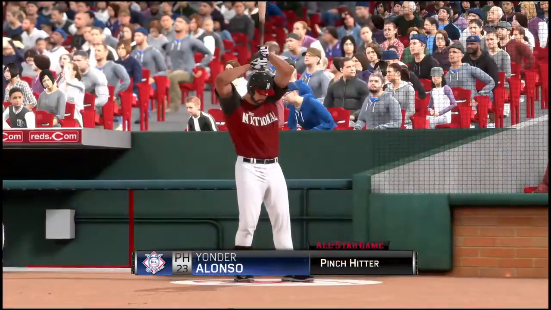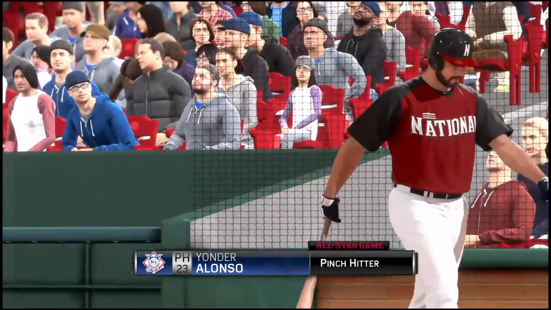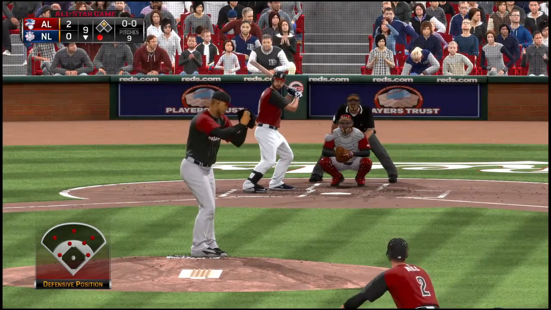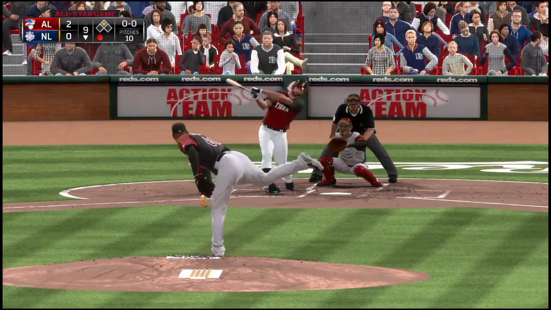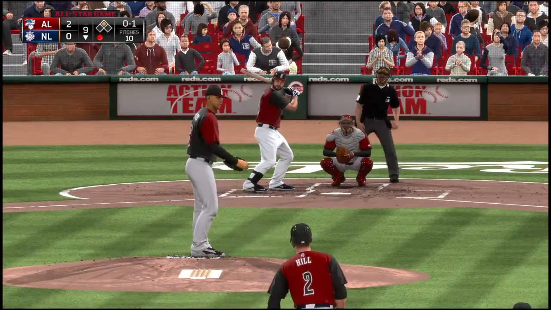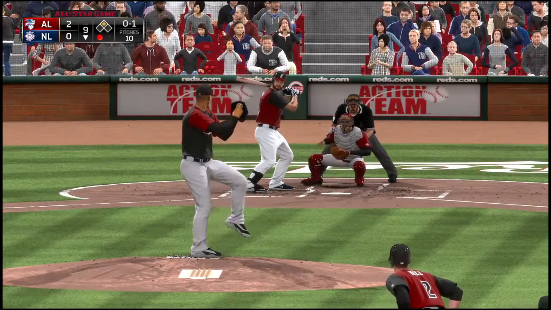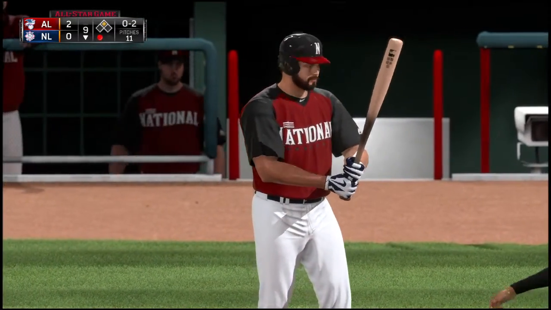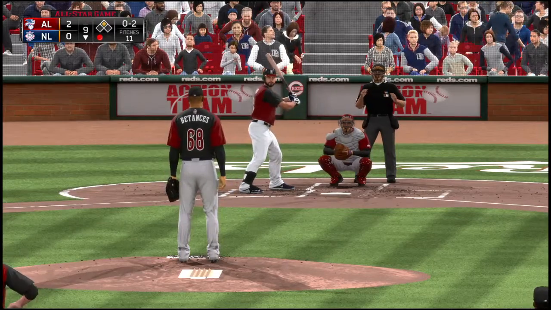Yonder Alonso will be called upon here to hit with the game on the line. Number 23, Yonder Alonso. And this is fouled back and out of play. Pause, now the pitch. That's in there, and he's deep in the hole now, 0-2. Yeah, 97 will get up on you in a hurry, especially when it's your first AB of the night and you're just settling in.